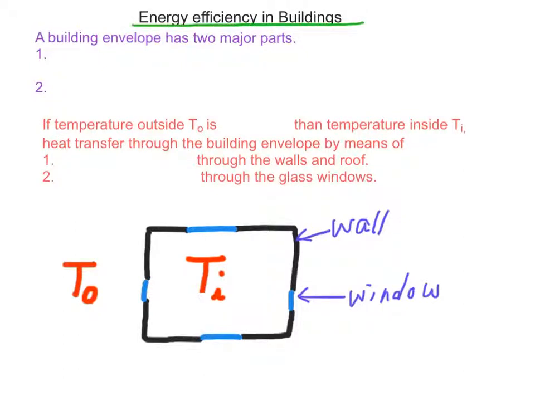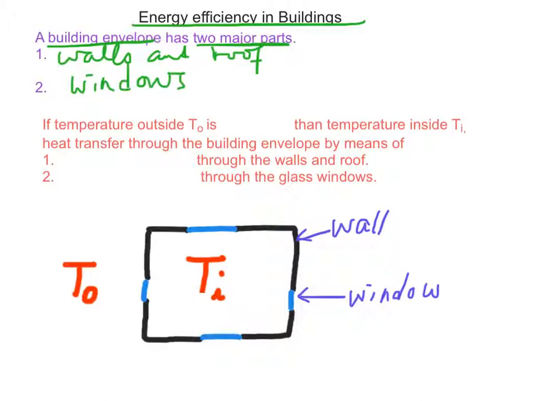Energy efficiency in buildings. A building envelope has two major parts. The first are the walls and the roof. Second are the windows. If the temperature outside, T out, is higher than the temperature inside, Ti, then heat transfer through the building envelopes